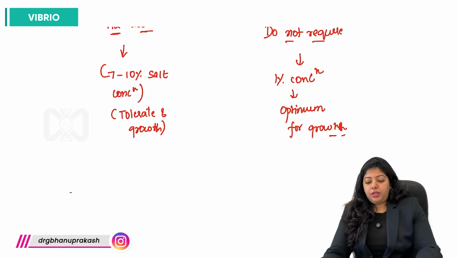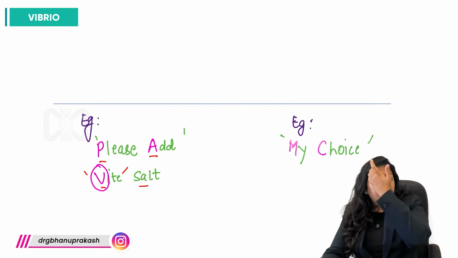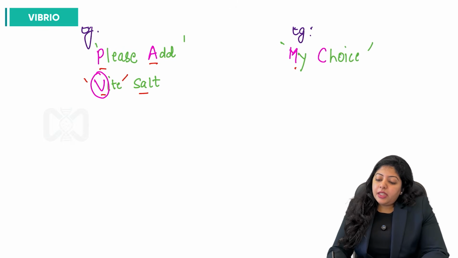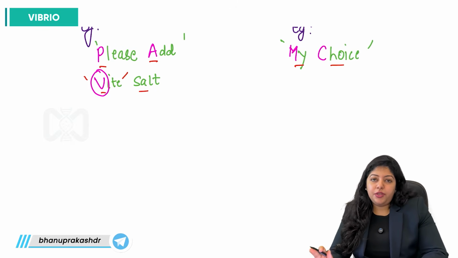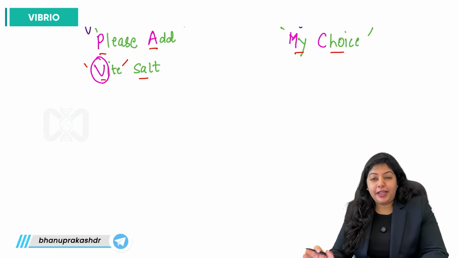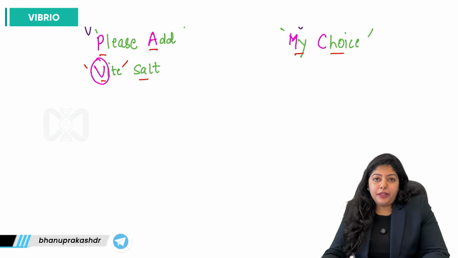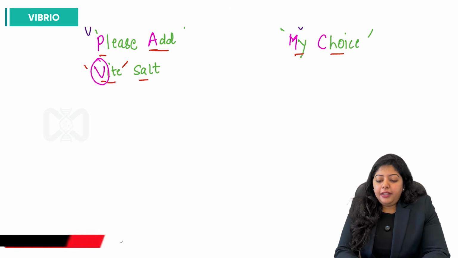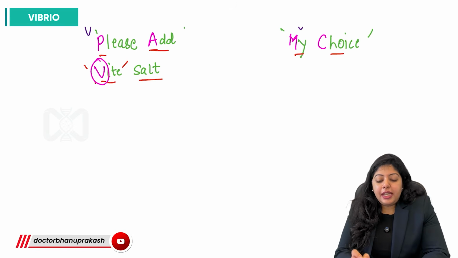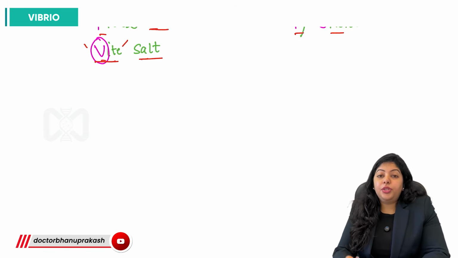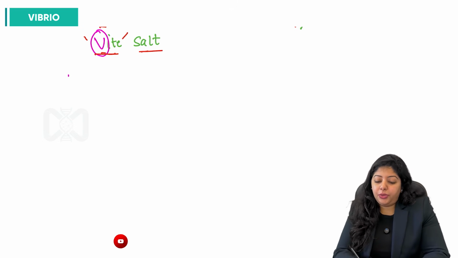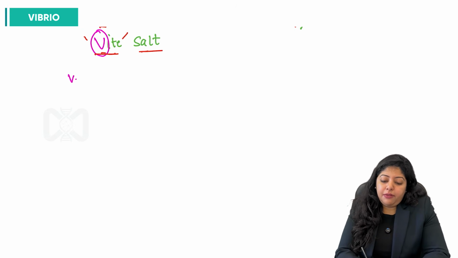Now, in your exams, a lot of MCQs are asked regarding the halophilic as well as non-halophilic Vibrios. I have two mnemonics for you to learn these, and it gets very easy with them. For halophilic Vibrios which require salt, I have added a mnemonic: please add white salt. WHITE has been replaced by VITE. So the examples of these bacteria which require salt for their growth are, firstly,